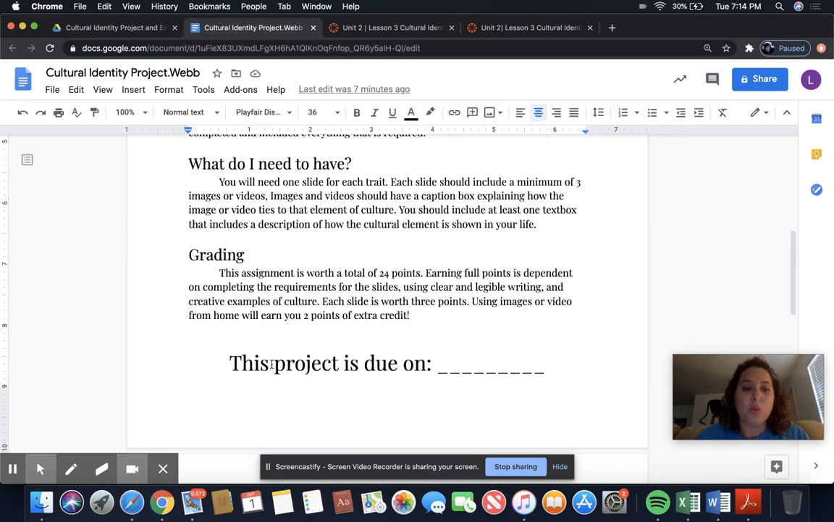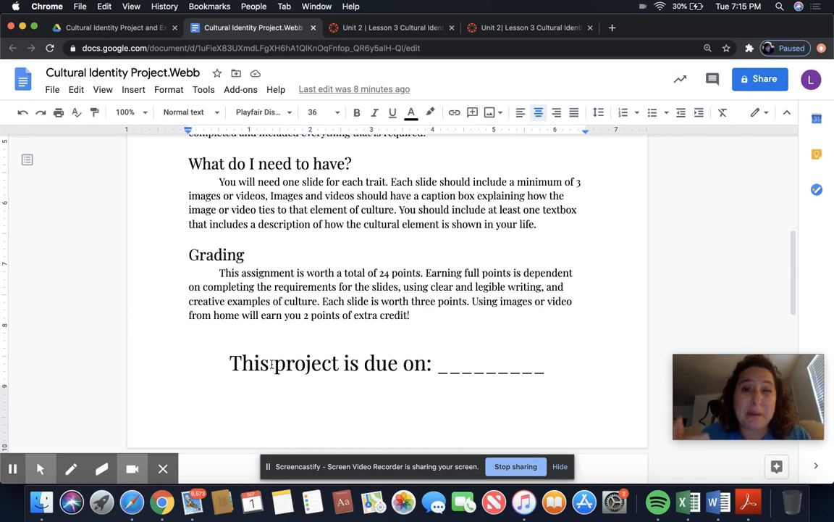All right, what do I need to have? You will need one slide for each trait. Each slide should include a minimum of 3 images or videos. Images and videos should have a caption box explaining how the image or the video ties to that element of culture. Meaning that whatever image you select or whatever video you include, I need an explanation of